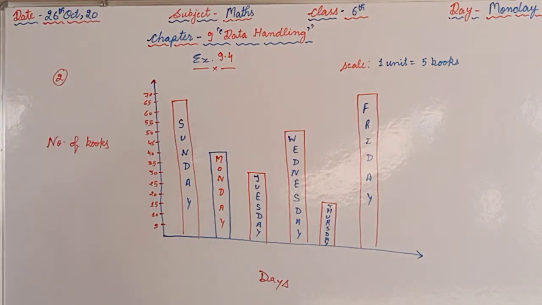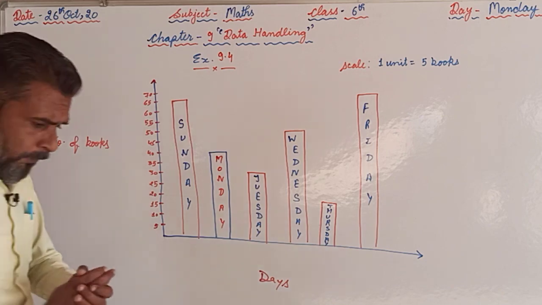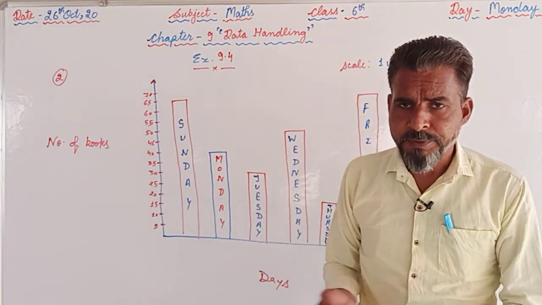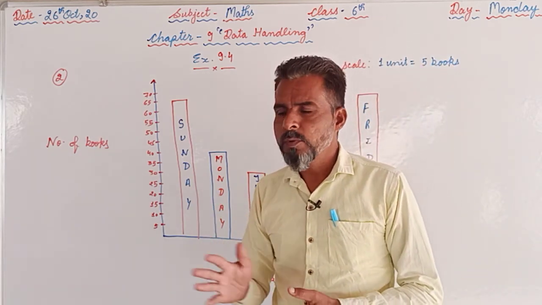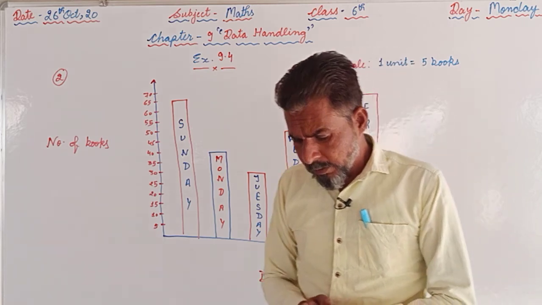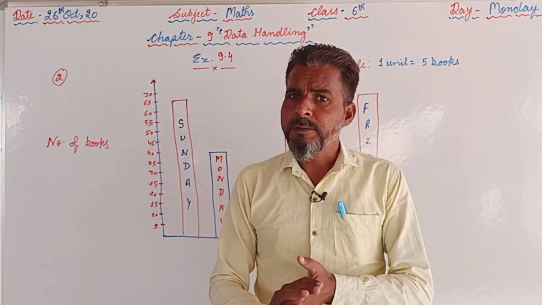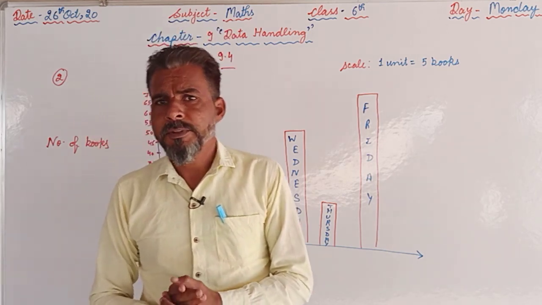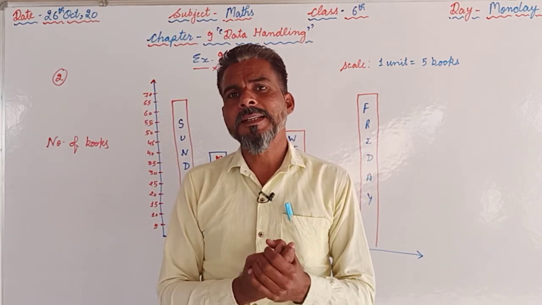First of all, you are supposed to repeat the questions which we have discussed today during this video, and afterwards you can try question number 2, question number 3 and question number 4. And after completing the work, you have to take the pic and upload it on the school's WhatsApp number, so that we can also maintain the record of the name of the students who are completing their work on the daily basis.